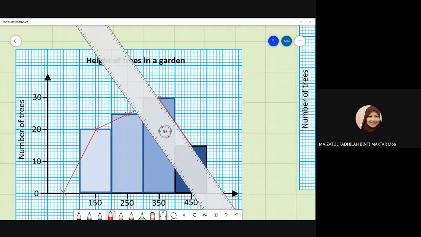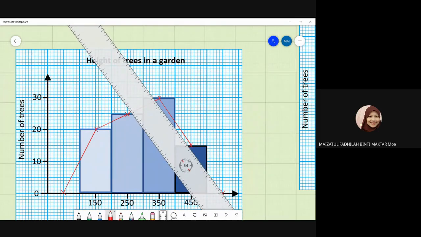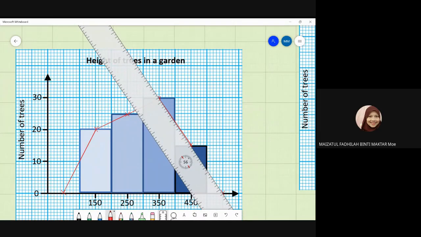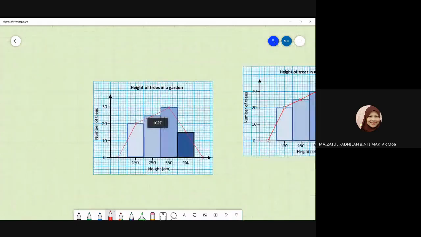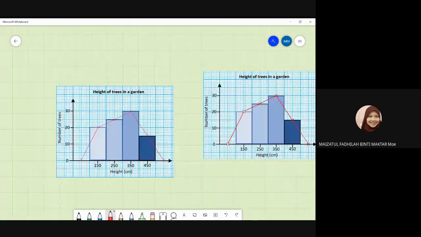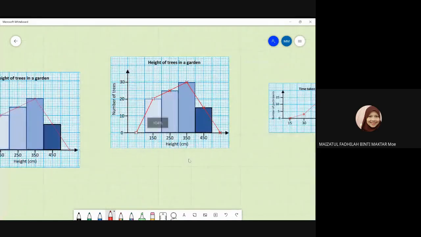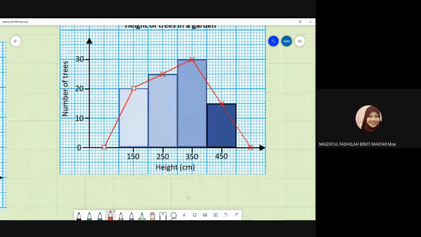And make sure you connect with the last one. Right. So this one we call a frequency polygon. Right? It looks similar to this one. Okay, so you can see the red line here and the marks of X, we call it a frequency